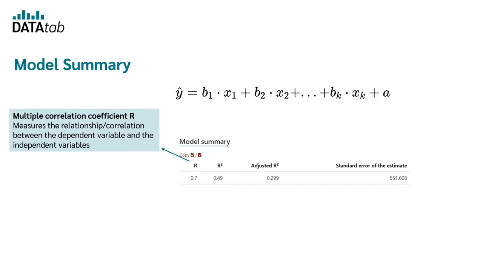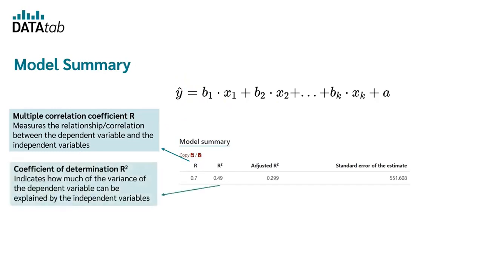The coefficient of determination R squared indicates how much the variance of the dependent variable can be explained by the independent variables. Your dependent variable has a certain variance. The more of this variance we can explain, the better it is. Let's take the example of how long you stay in the hospital after surgery. Of course, not every person stays in the hospital for the same amount of time. So we have a variation, and it's this variation that we want to explain with the help of a regression